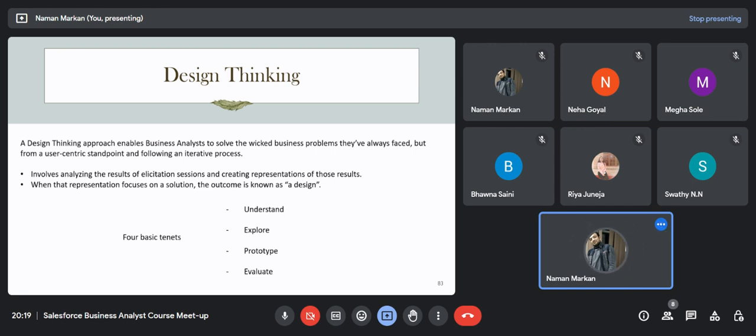So we can say design thinking is a good business analyst tool, or a good approach which helps you apply design thinking in order to get a desired result, right? Basically you should be aware of what design thinking offers and how it differs from the traditional business analyst process. Previously we worked iteratively, from the bottom up,